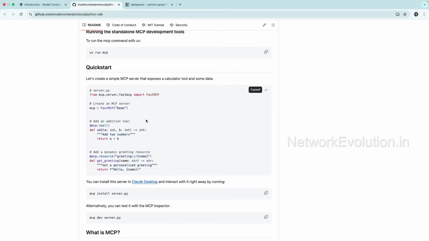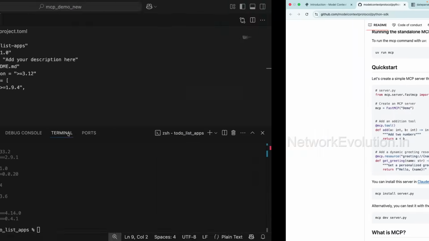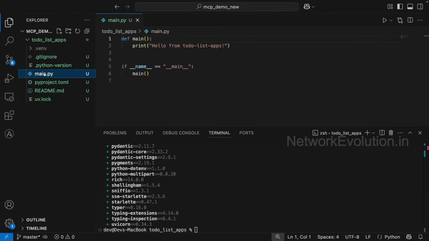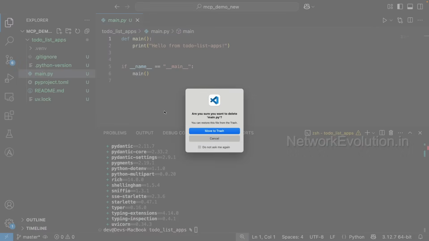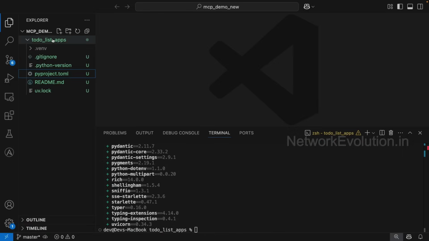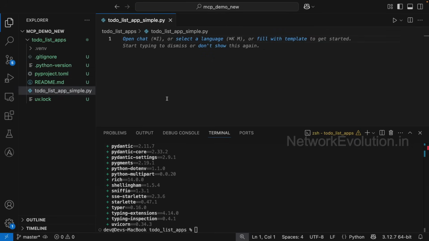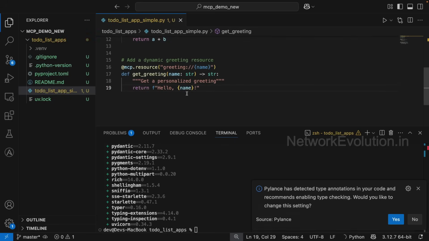First, I'll just show you how to run this particular server. We can delete this file. I'll create a file called to-do list app simple.py, paste it,